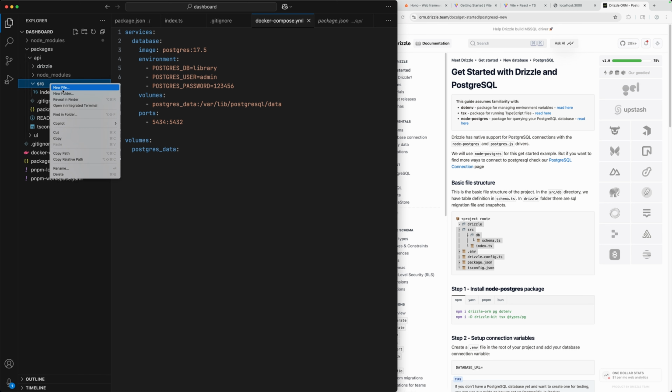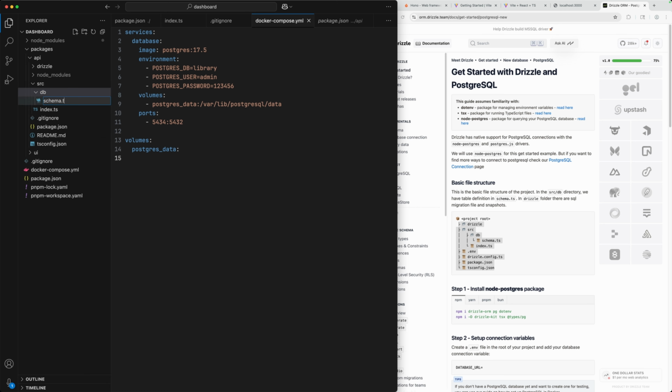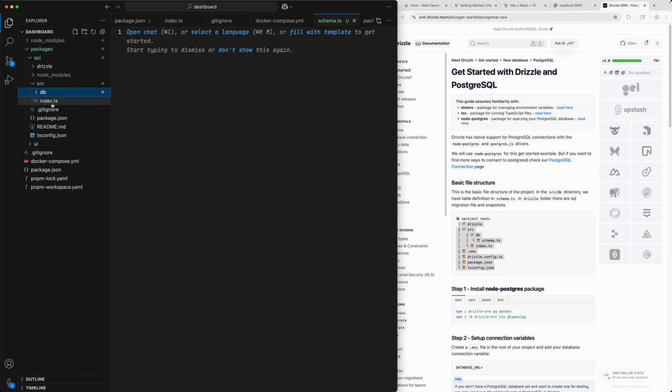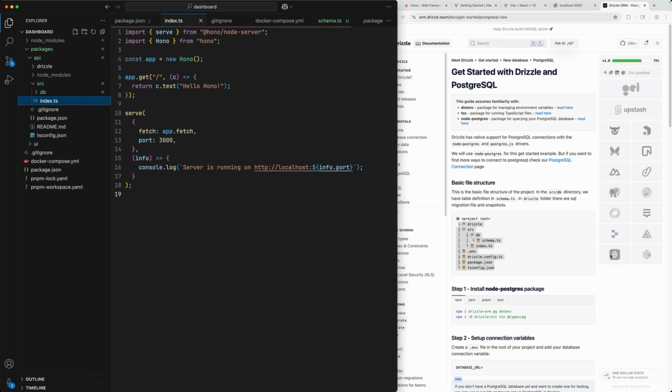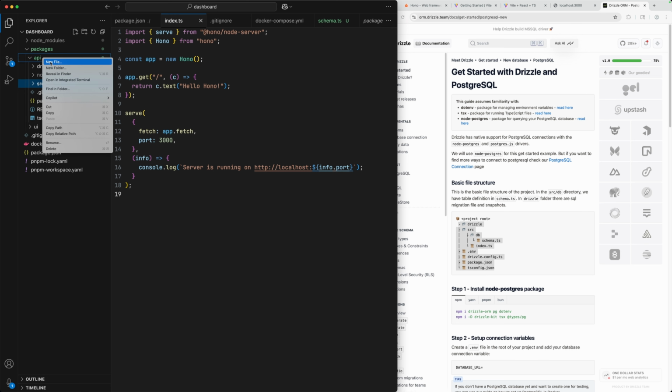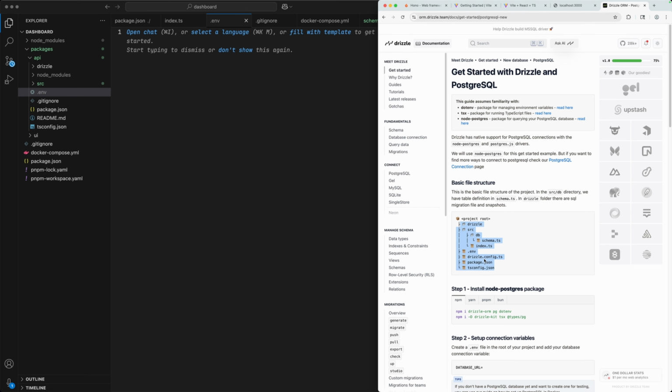Within src, we also need a db directory, and inside of it, a file schema.ts, and under src, our index.ts file, which right now we have with Hono, but then we will figure out a way to make both coexist in a nice way. A .env file, drizzle.config.ts,